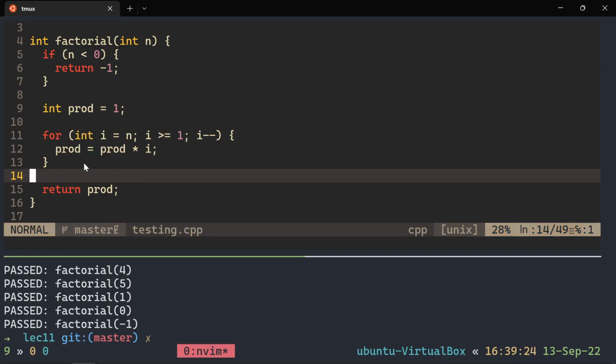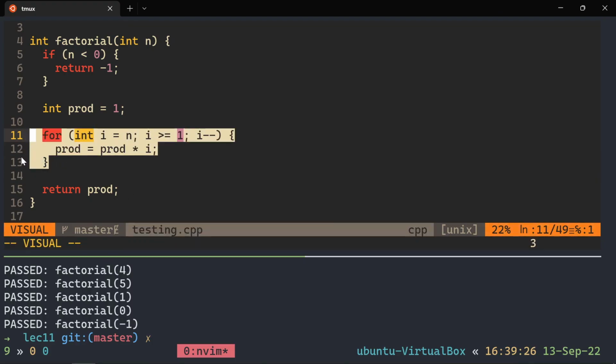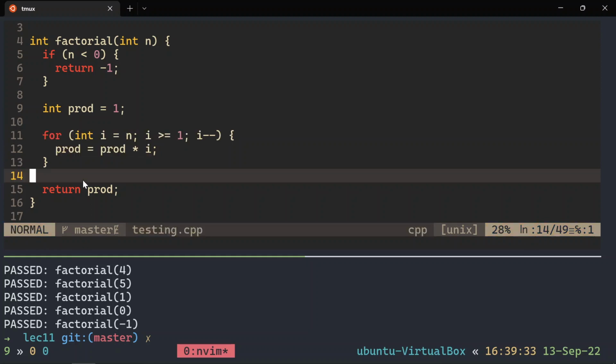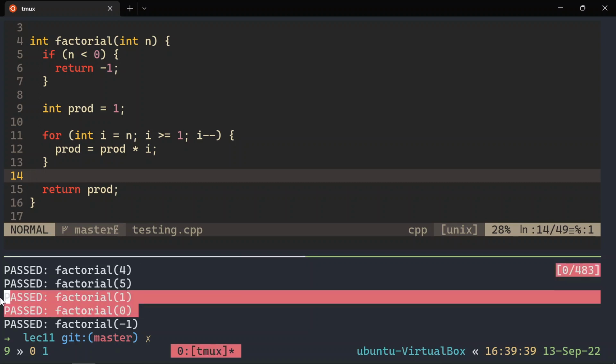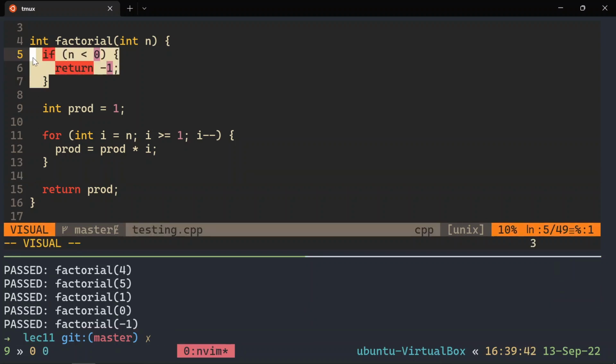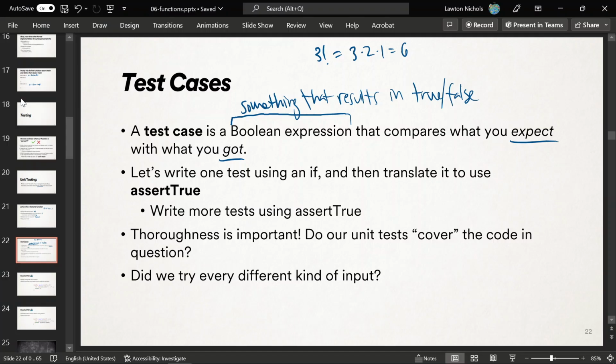Corner cases are things like inputs that don't go through this loop ever, like 0. Inputs that go through this loop just once, like 1. Those make it a little more tricky, right? Those are our edge cases, 1 and 0. And then -1 is a special case that we needed to handle that we forgot about. That's very important. So the word cover is just kind of a metaphor for putting a blanket on all of your code. You're making sure that everybody is accounted for. So you check your corner cases,